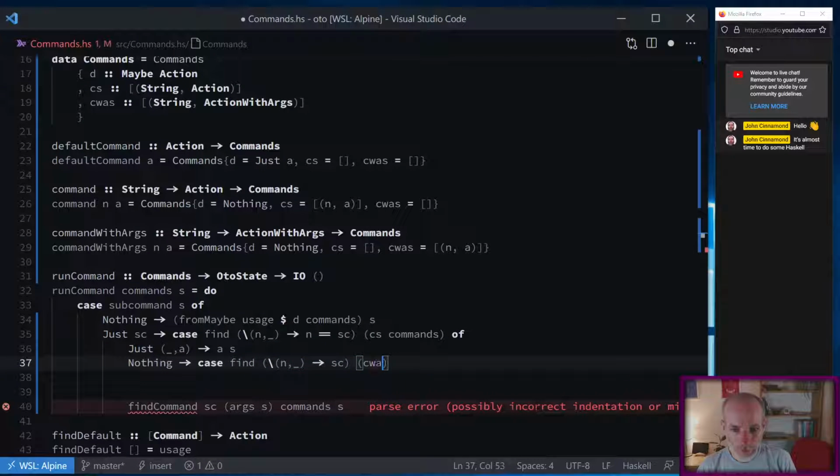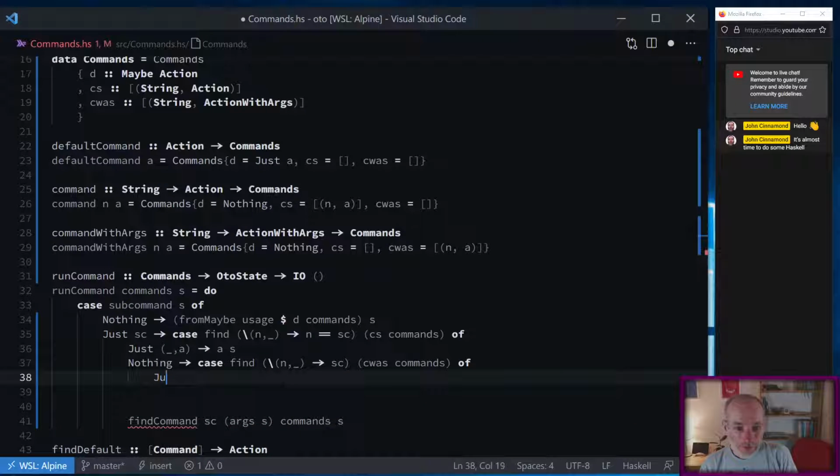We're going to look up the command with arguments of commands. I'm going to tidy this up in a minute because I can simplify it a bit. But if we find that,